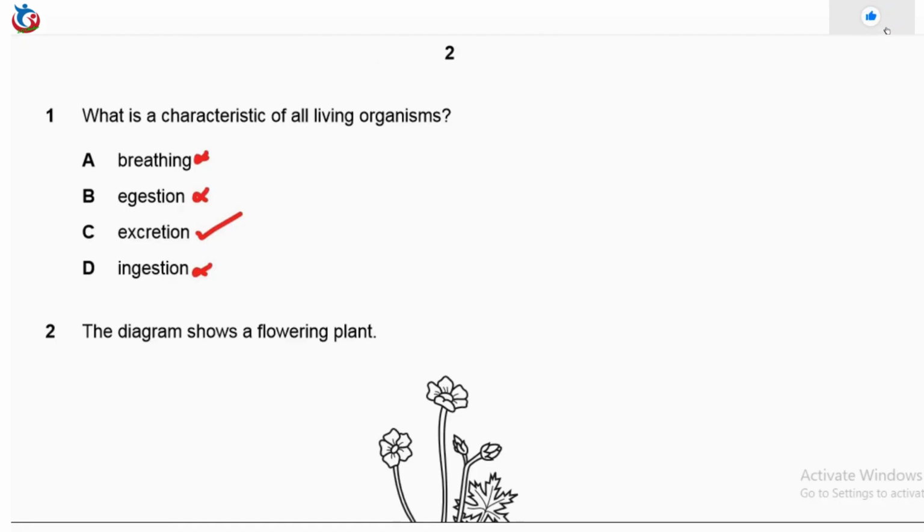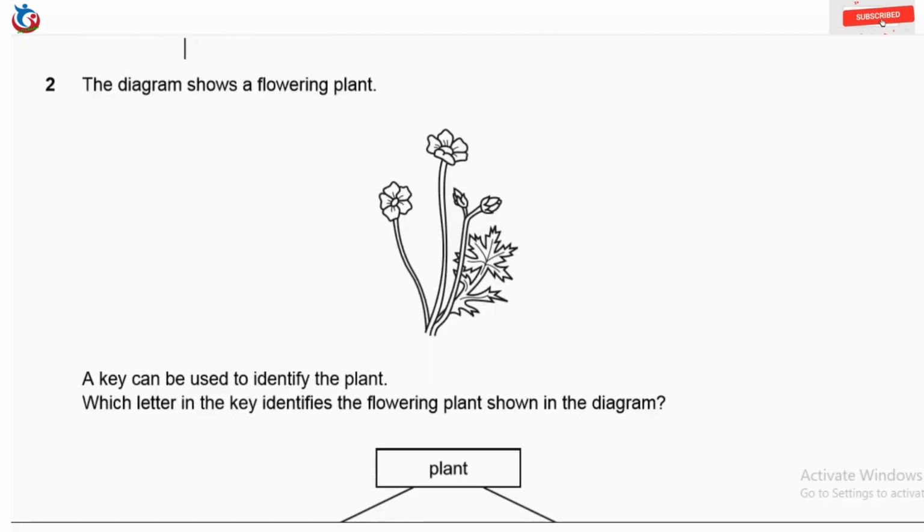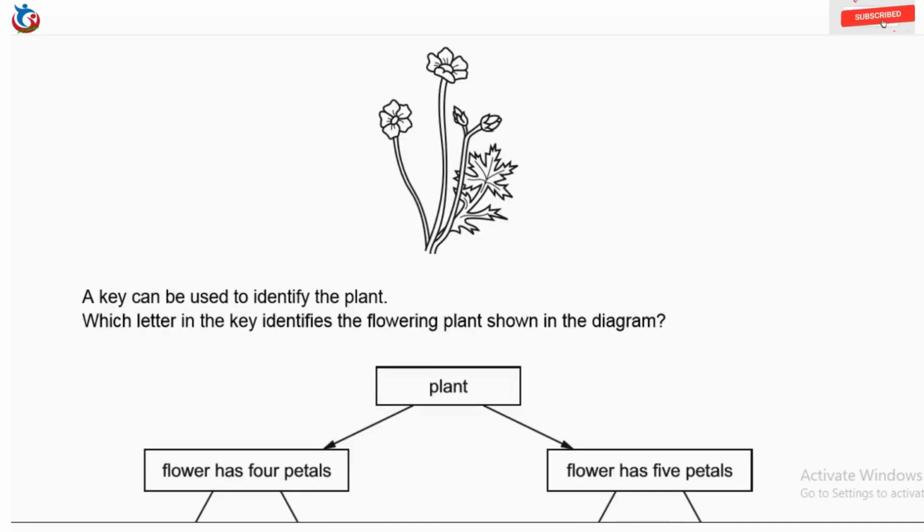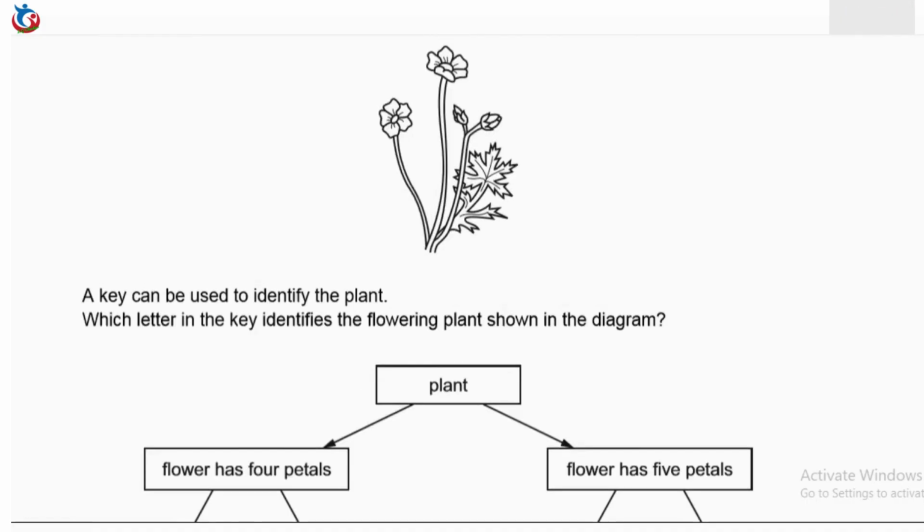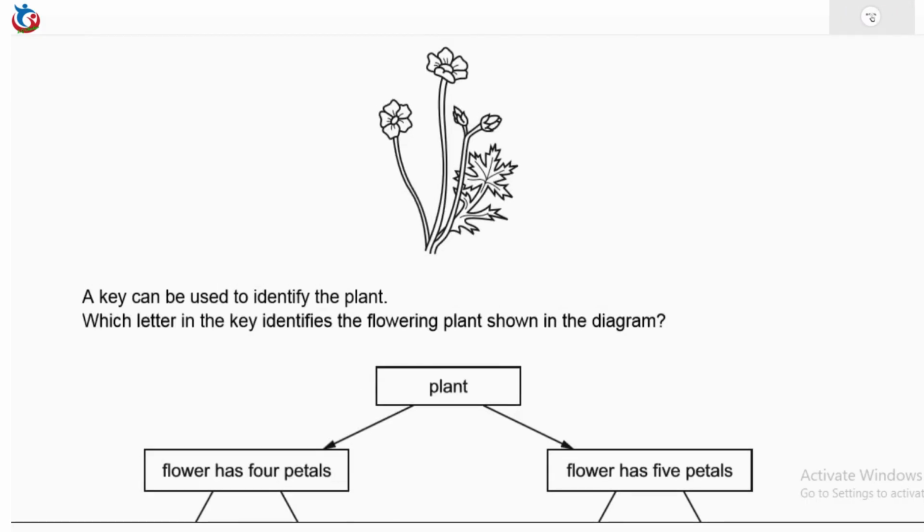So with this, we'll move to question 2, which says, the diagram shows a flowering plant. A key can be used to identify the plant. Which letter in the key identifies the flowering plant shown in the diagram? So the properties have been divided into two. Number 1, we have